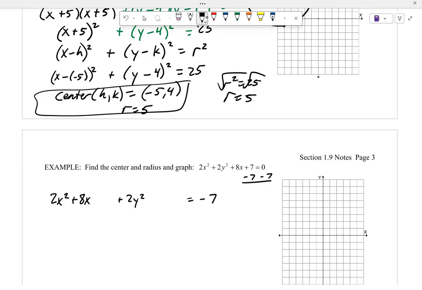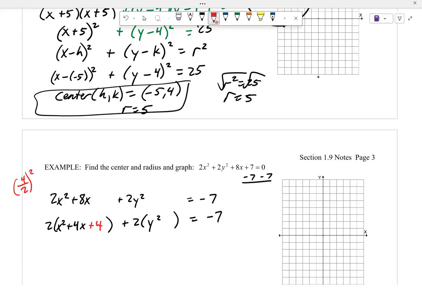So now what we're going to do is, you want this to be x minus h quantity squared, right? You don't want a coefficient of 2 in front. So I'm going to take a 2 out of both of those first two. I'm going to do the same thing with this y squared. And then I'm looking at this, what's the number I need in there to make this a perfect square? It would be 4 over 2 squared. So I need 2 squared, which is 4. So if I add 4,